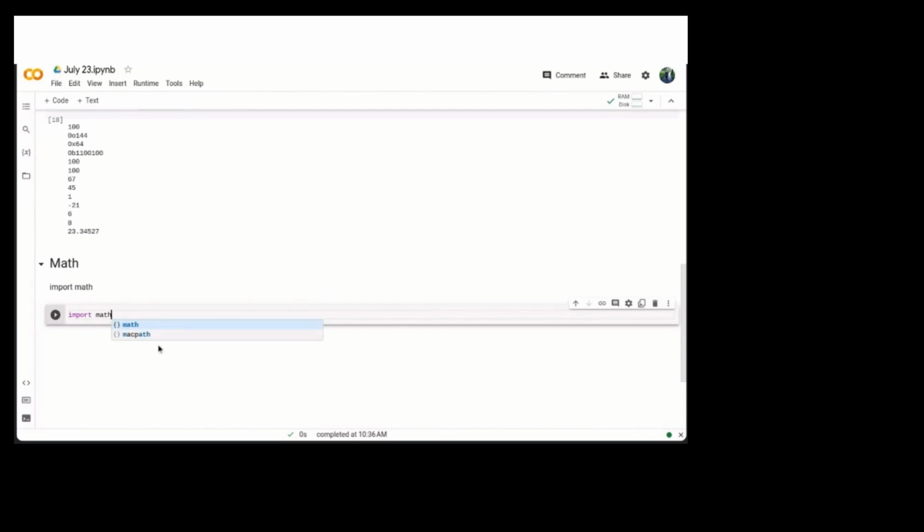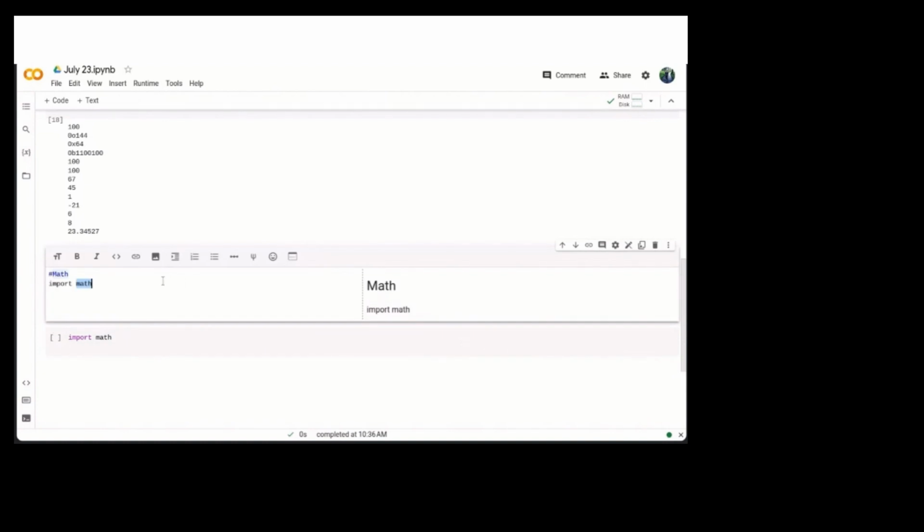I have my math module imported. That means whatever functions are inside the math module are coming in as part of it, because these functions are not part of the standard library. That is why we had to explicitly import this particular library. The very first function is